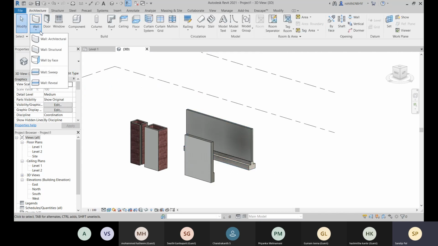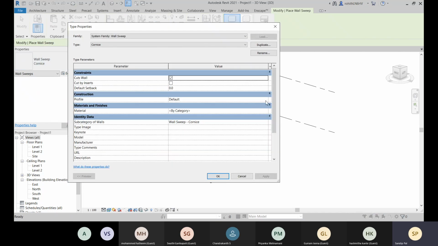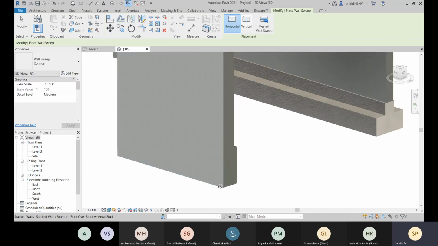Now come to this wall sweep option, and come to this edit type, and let's choose this. So here you can see, one brick, two brick, so it is according to the two brick size. You will have the height. Okay, so two bricks, you can put one brick, so let's go with this one brick, and start placing it.